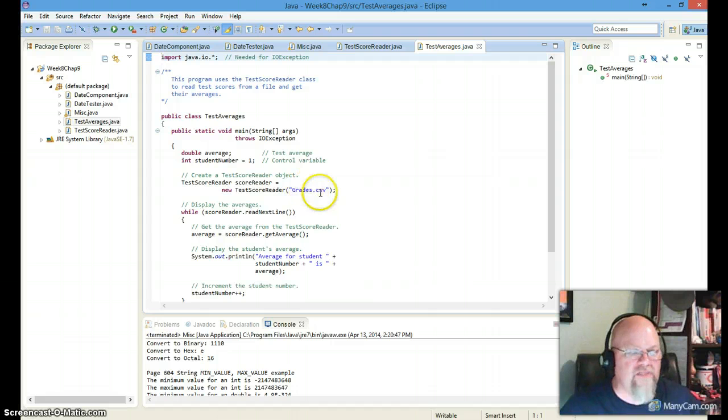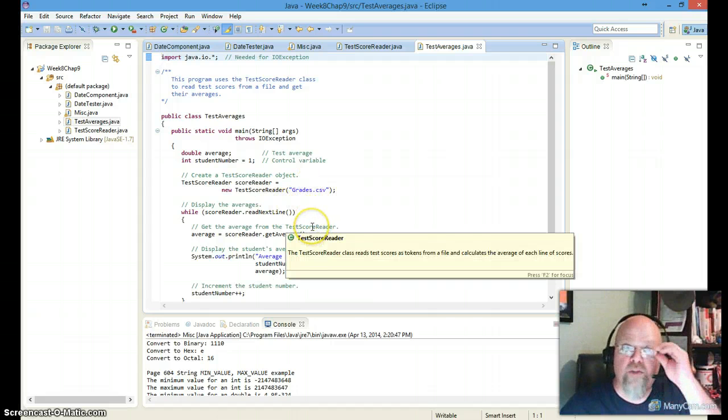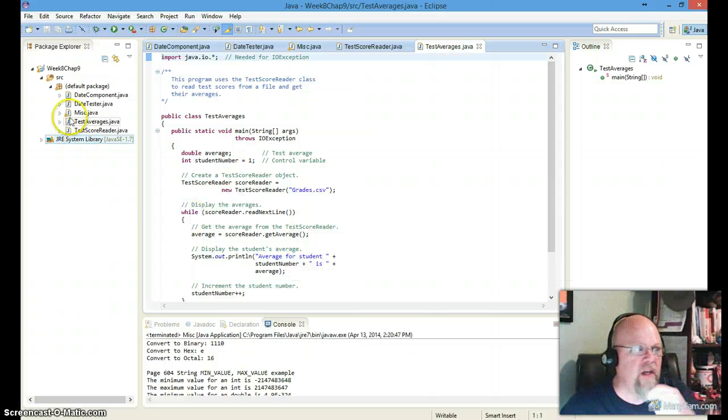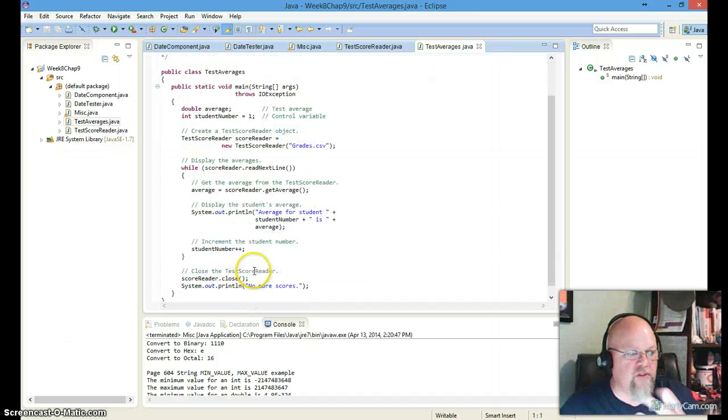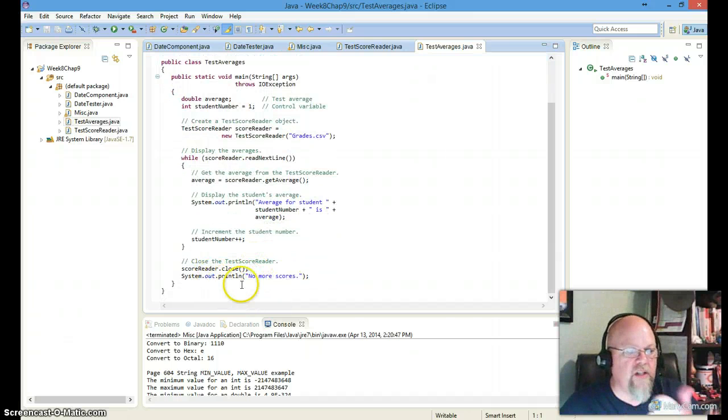So I need to have a CSV file within the folder of my workspace where the SRC folder is, and then it will be able to read that. I have a while loop while there is a next line within the reader, so we've got a file reader. Average equals score reader get average, so again it reads, and then the system out is the average for student, student number, and then it closes it, and then it says there are no more scores. Okay, so